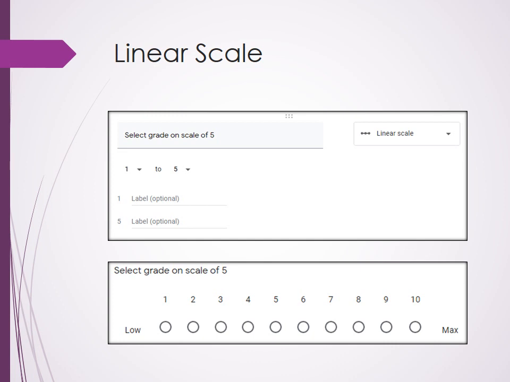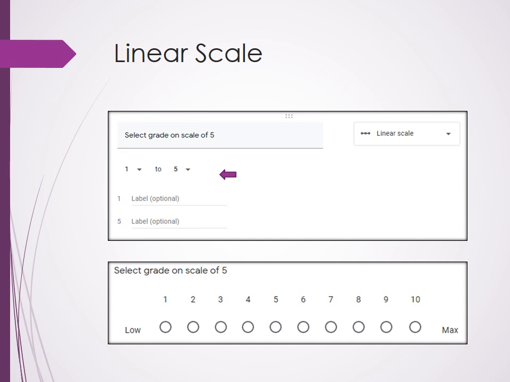Now again you have to specify what is the low and what is the maximum, because that is the convention for the respondent and the observer. Suppose I am asking about the rating of a movie, so 5 will be good and 1 will be the bad one. Or if I am asking about the rank, then 1 will be very good and 5 will be the bad one. The possibility of the minimum bound is 0 or 1, whereas the maximum may be 5 to 10. So I have used the maximum 10 here, and the minimum may be 0.